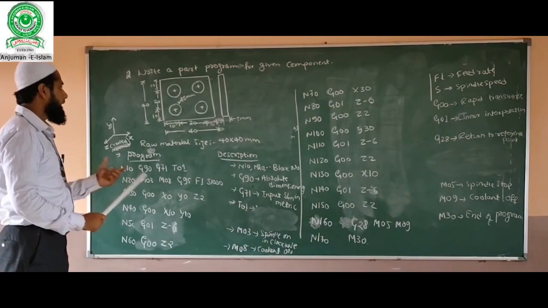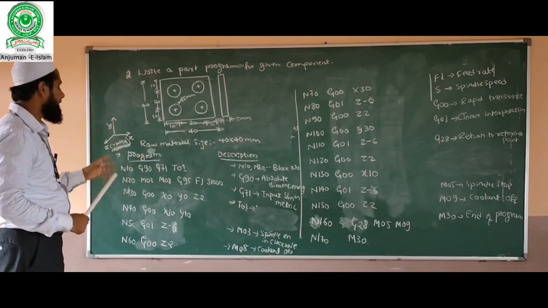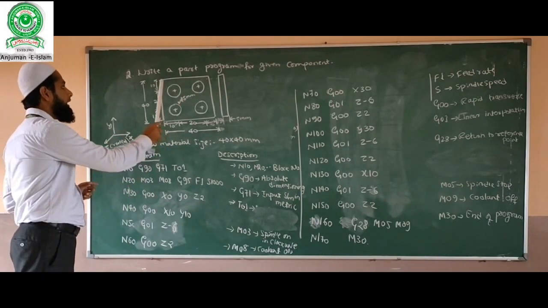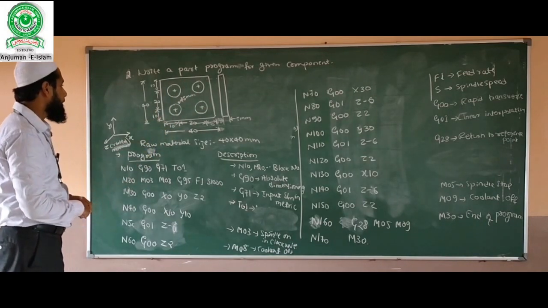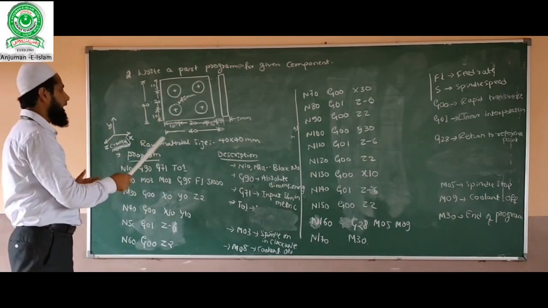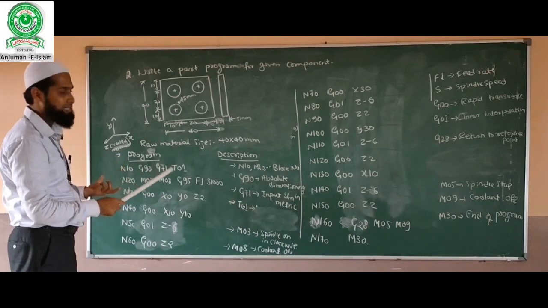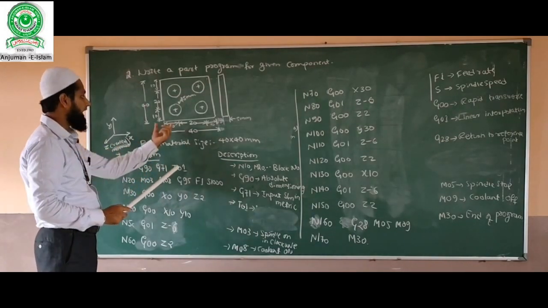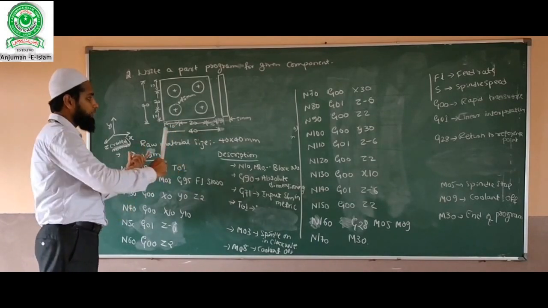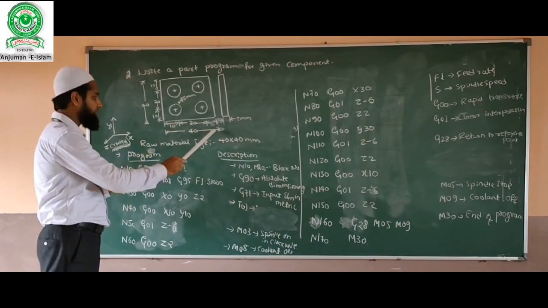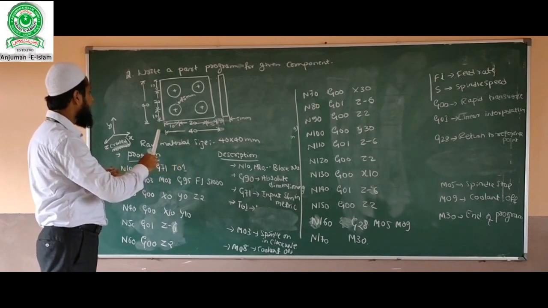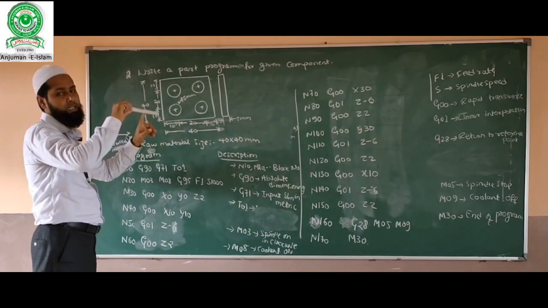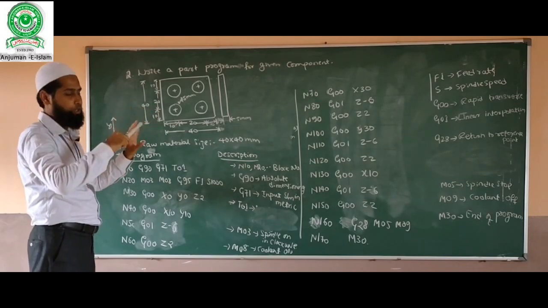Next, here is another problem. We have to produce 4 holes on this block. The dimensions are given here. The block size, the raw material size, is 40 mm, and the holes we have to produce are at distances given here. This value is the x dimension along the x-axis, and this value is along the y-axis. The z value is given for the tool, that is the drilling tool.